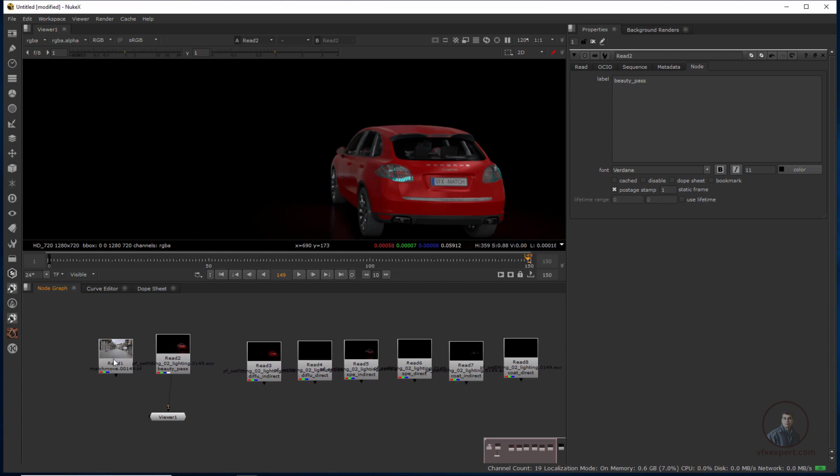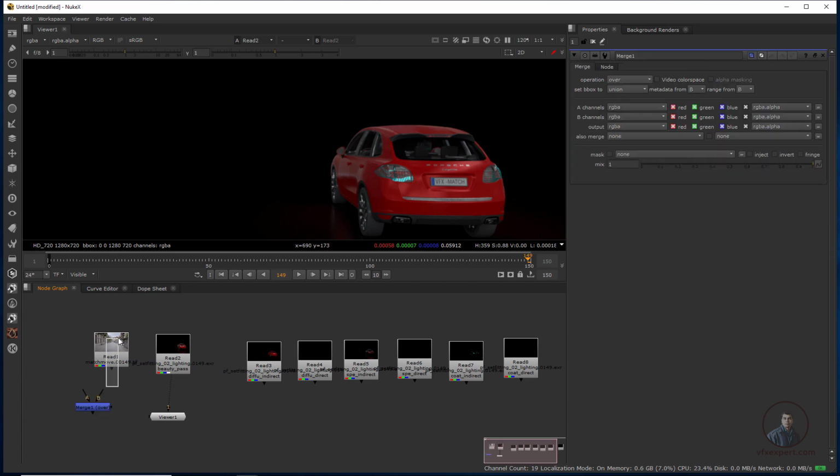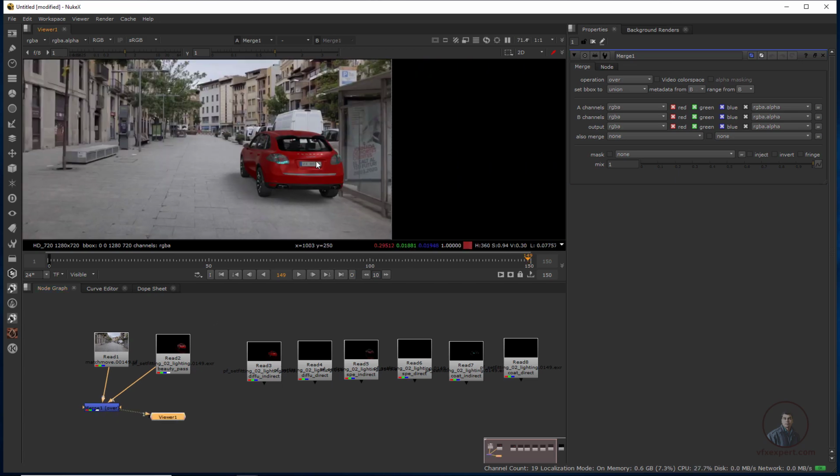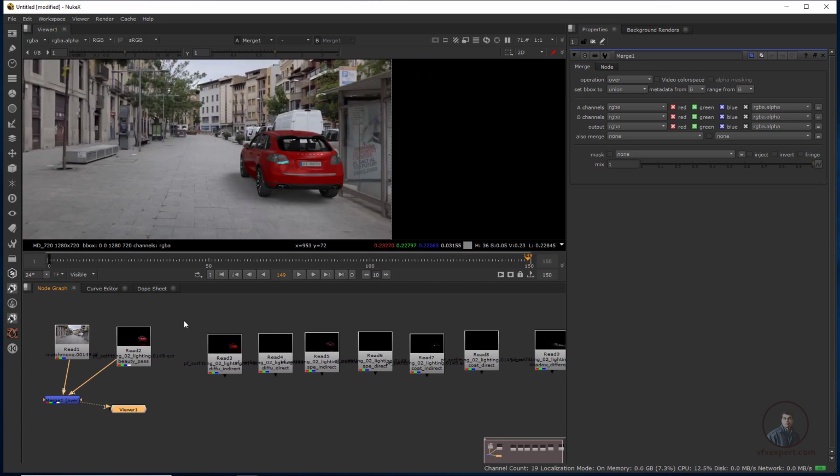Now let's check a little bit our final output, what we have to create. So this is our original footage. Now simply take a merge node, with this as B and the final beauty pass as A. Now just check once. The same thing we have to achieve with these render passes, because with the help of these render passes we can manage individual elements like diffuse, specular, coat, shadow, all these things. That's why we are going to compose all these passes and we have to achieve the same result.